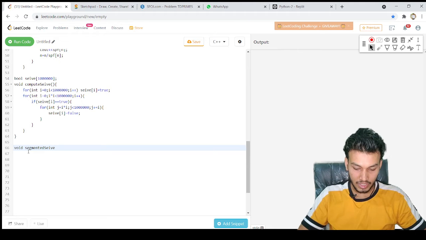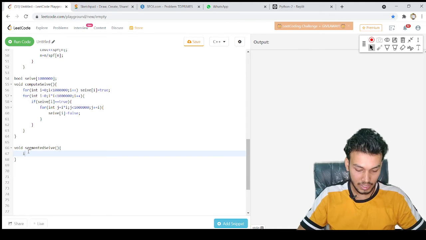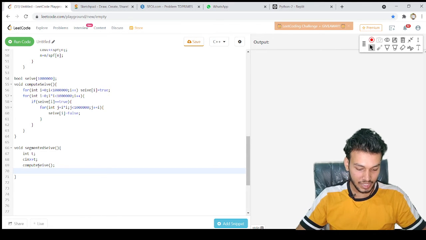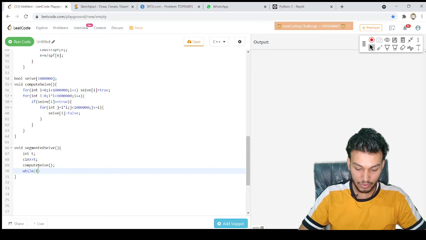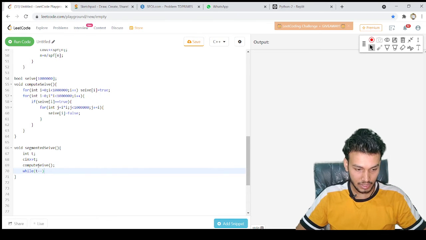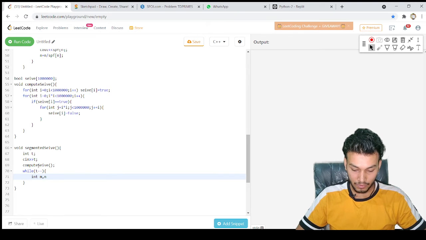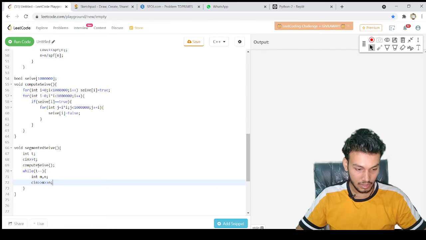So for segmented sieve, let's say we have t test cases, so I'll say c in t, right? I will call this compute sieve function. After calling compute sieve, for every test case, I need to take int m comma n, for c in m and n, right?